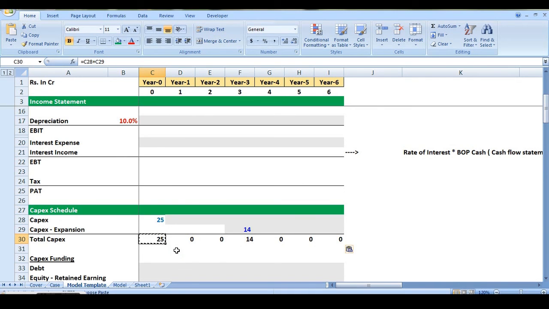Accumulated values means the gross value of the asset minus depreciation till date. Whatever value remains after that, which is also called written down value, on that value depreciation for the next year is calculated. So in next video we will see how to calculate this depreciation on these values, and also we will see the debt schedule for calculation of interest expense. Thank you guys.